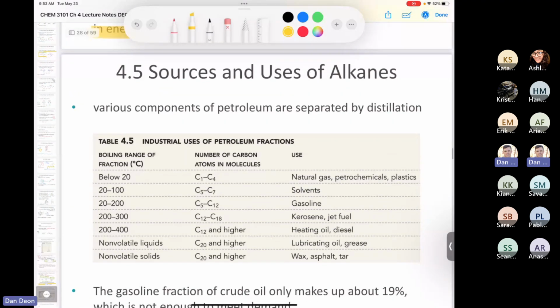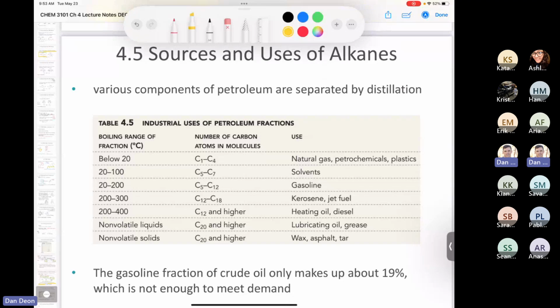If you're wondering, where do you get all these alkanes from? Do you just buy them at Target or whatever? I've never seen them before. Well, alkanes come from the petroleum industry. I'm sure you've all watched the news and heard people talk about the price of a barrel of crude oil. Well, that's petroleum, and yes, mostly what it's used for is gasoline, but it's used for other things as well.